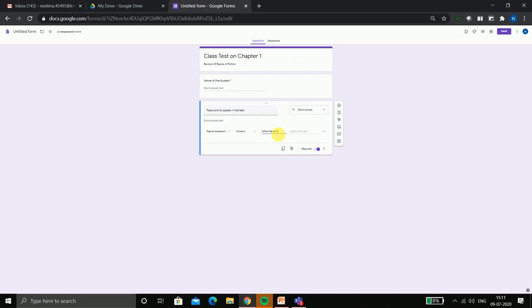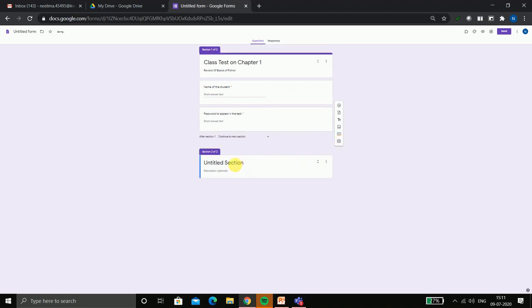Now, the second step is to create a section. Remember, section creation is very important because this will open the second page, that means the main page where your questions will be appearing related to the topic. So we have to create a section. Click on the section, and here I am typing the same name